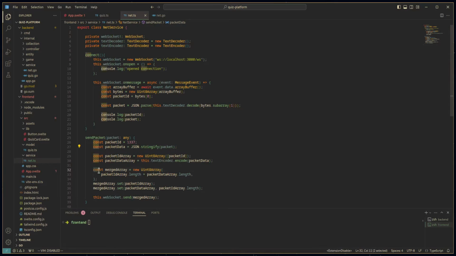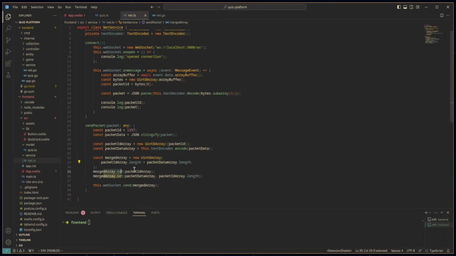And then we have a merge array, so we need to specify the length of this array, which will be the length of the ID array and then the data array. And then we simply set these and we have to provide an offset here where we want to set it. So this is simply how we merge these two uint8 arrays,